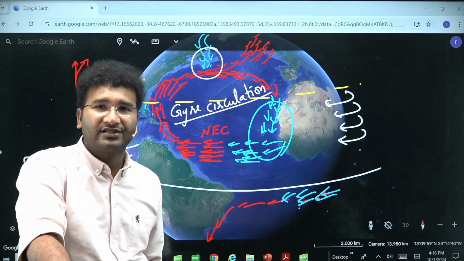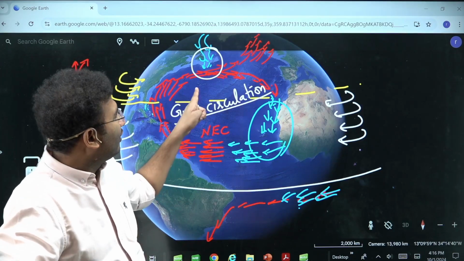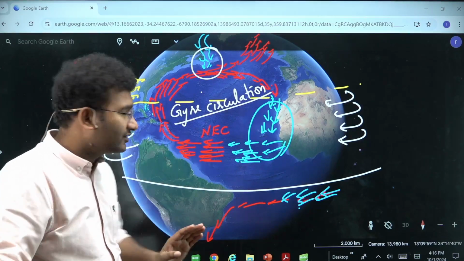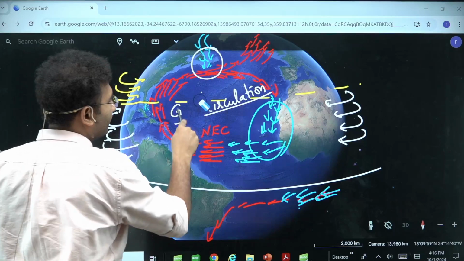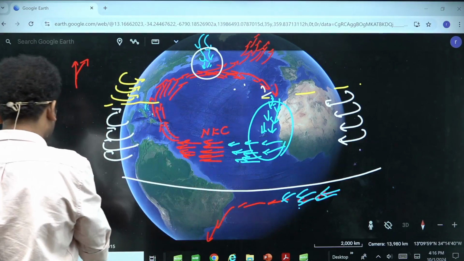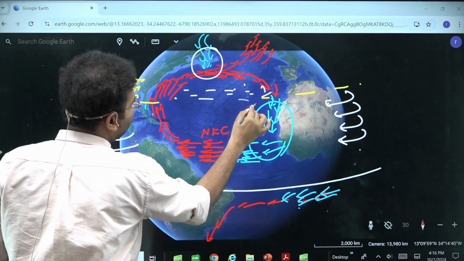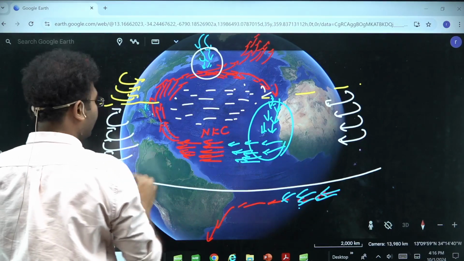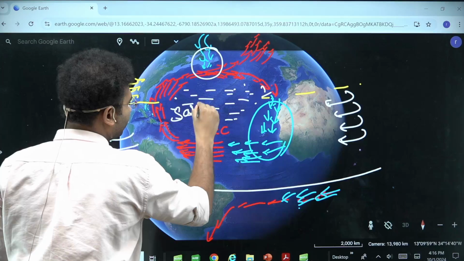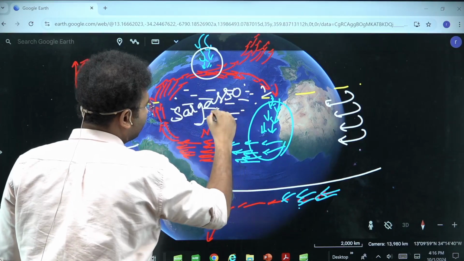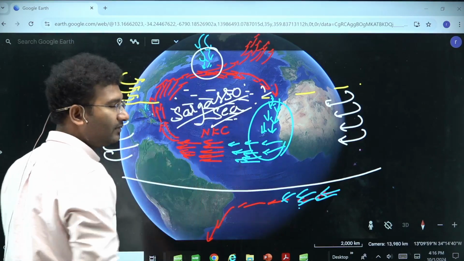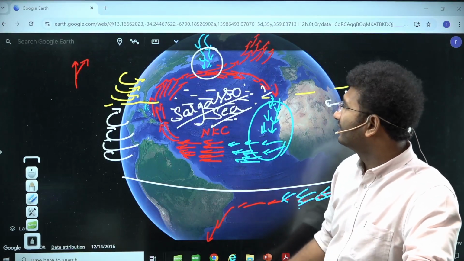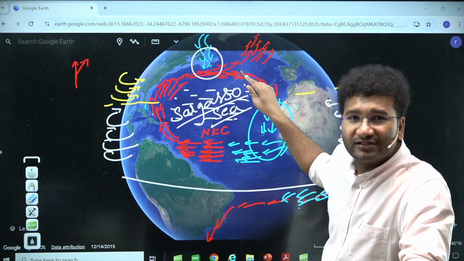In this gyre circulation, the water which is present in the center of this circulation is not moving much; it is stationary. The water in the center, the entire water which is there, the movement of the water is not too much in the Atlantic Ocean. This is also called the Sargasso Sea. Right? So this is your Sargasso Sea. And see, as this water is warmer,